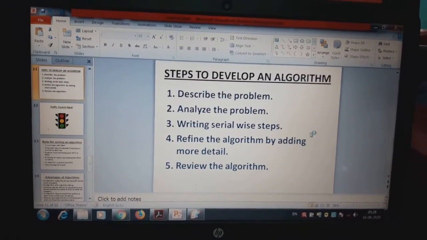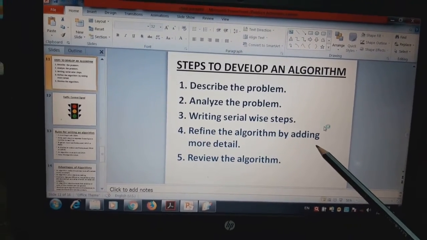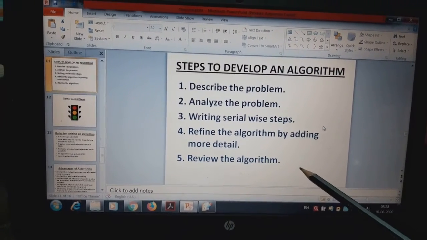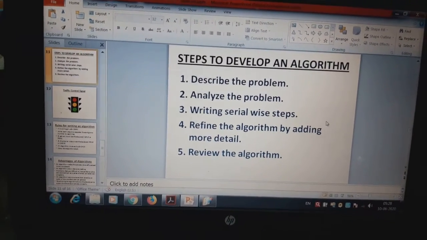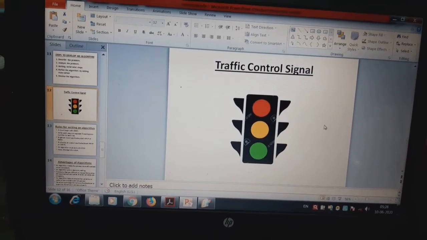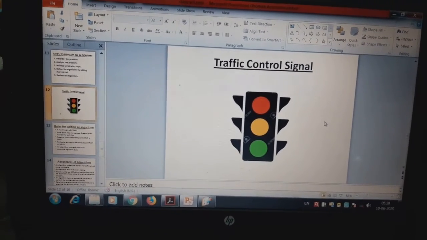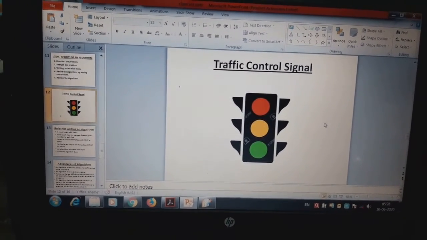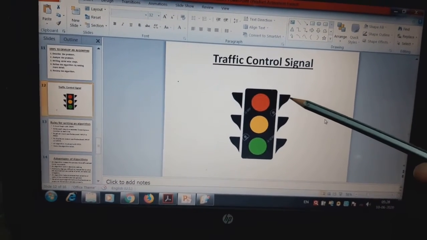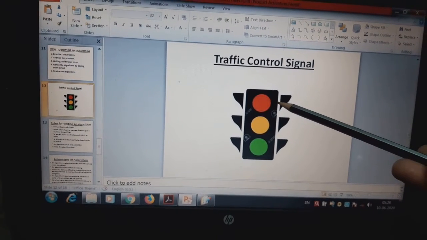Now fourth point, refine the algorithm by adding more details. You have to add some more details for refining the algorithm. Suppose I have given the example of a traffic control signal. So in this, you have to define the problem by adding more details. Suppose I have used in my program that the red light will glow for only 1 minute.